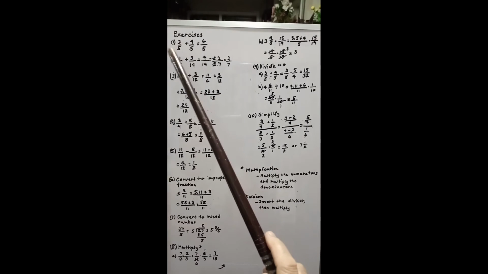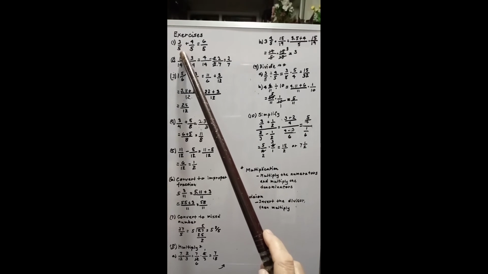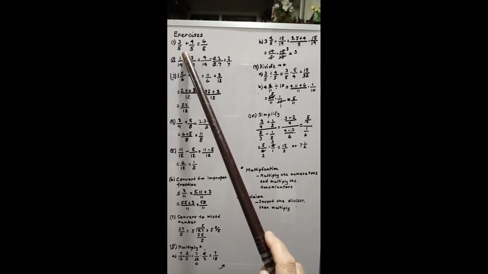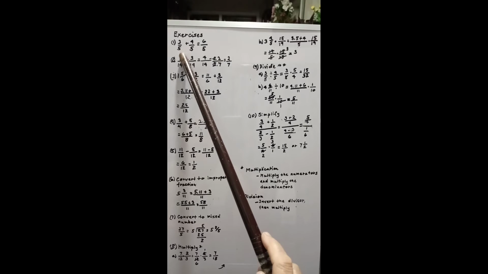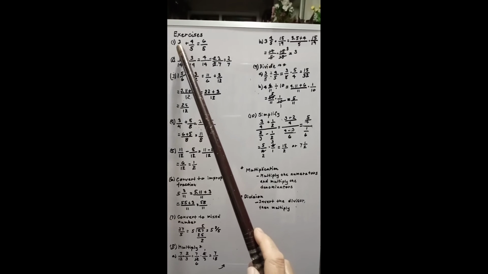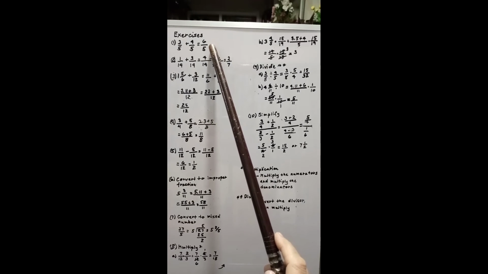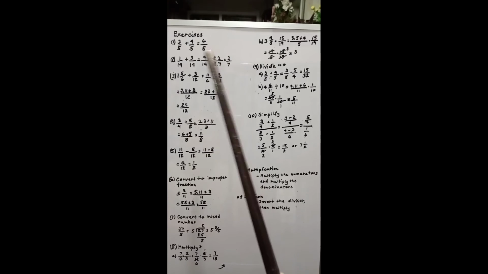So, number 1, 2 over 5 plus 4 over 5. Now, take note that they have the same denominators, so they are similar fractions. Therefore, we can just add the numerators 2 and 4. So that's why you have there 6 over 5, which is the answer. Then,